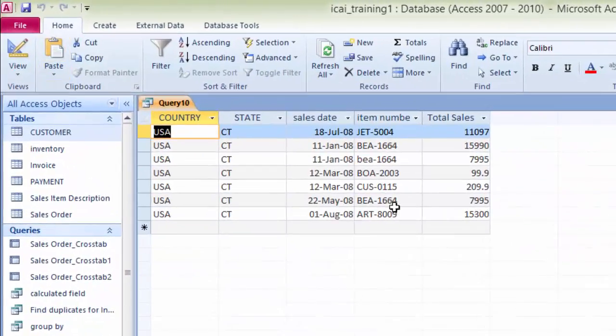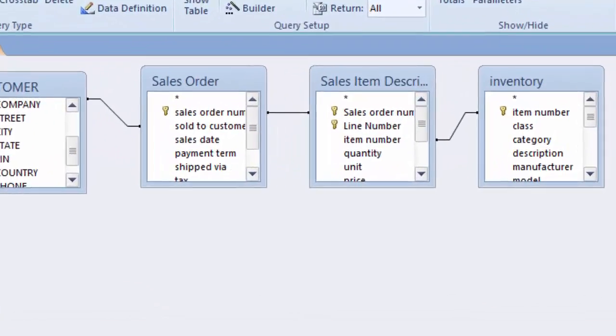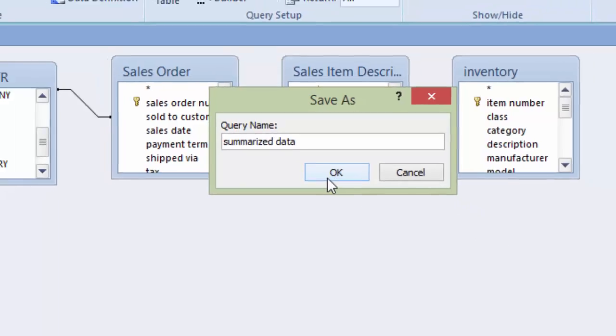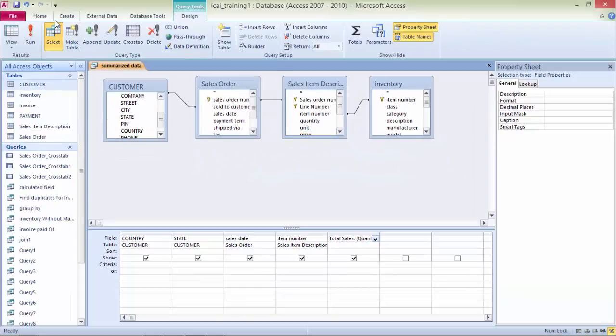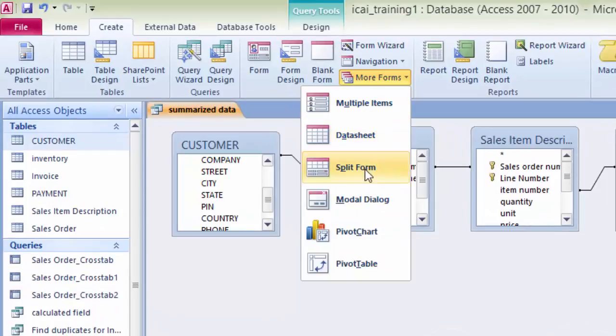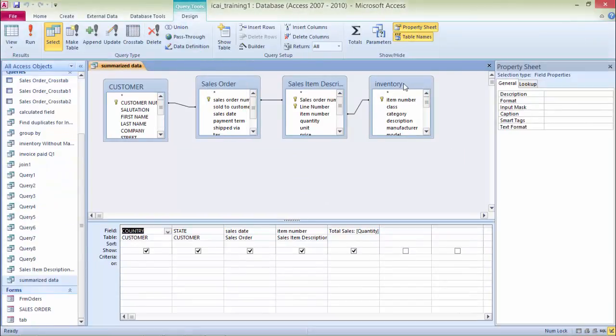This is the output which is generated through the query. Again, come to the design. Save the query with the name summarized data. Click on OK. Come to the create tab. Again, it's the form option. Click on more forms, and then click on the option, it's pivot table. Click on the OK button. Close this query and then come to the